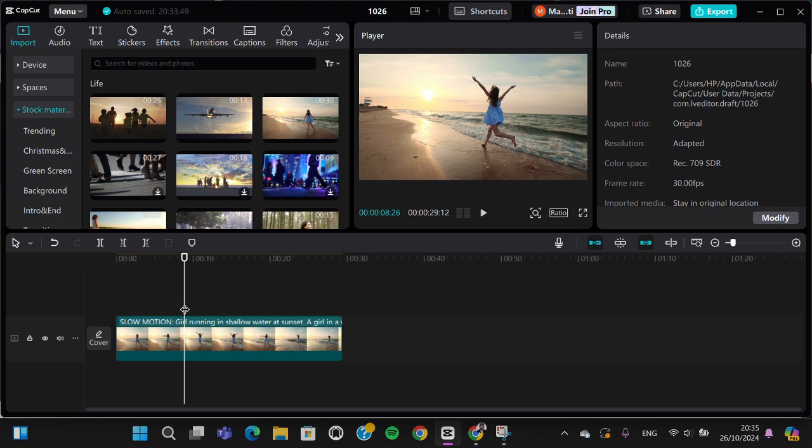In today's tutorial, I'm going to show you how we can change opacity in CapCut PC. Okay, let's get into it guys. Here I have created a project in my CapCut PC application and I'm going to change the opacity of this